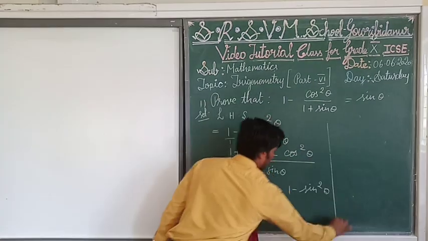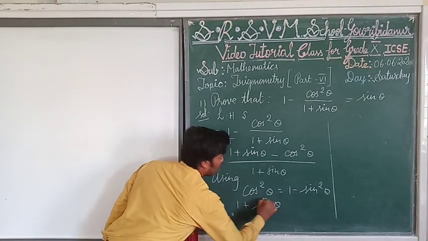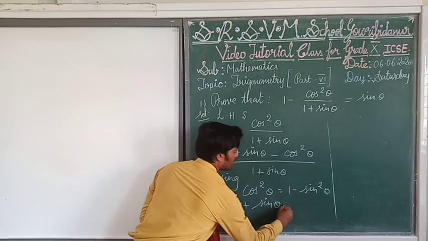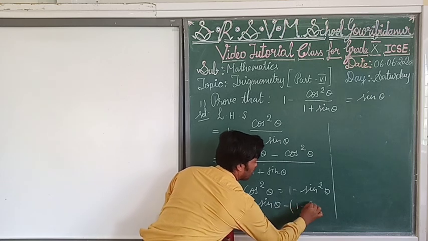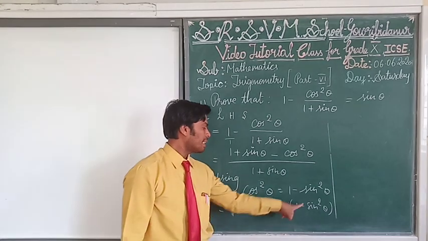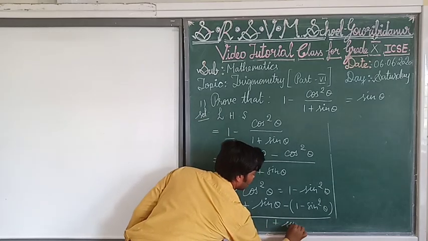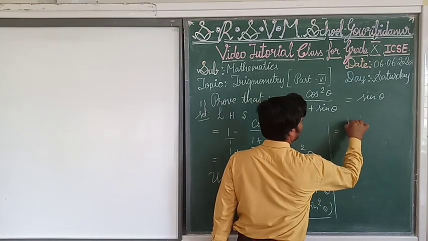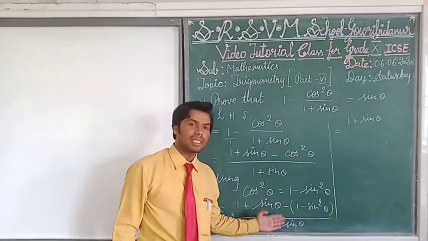At that time, very important: 1 plus sin theta. So here which terms are there? You write here minus of, so cos square theta is which one? Within the bracket you write 1 minus sin square theta. Why have I written the bracket? Because two terms are coming. Minus again going inside, divided by 1 plus sin theta. So next step we see 1 plus sin theta, 1 plus sin theta.